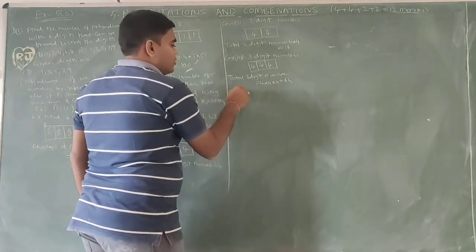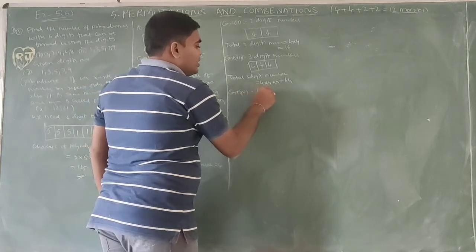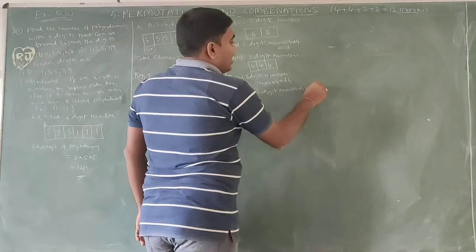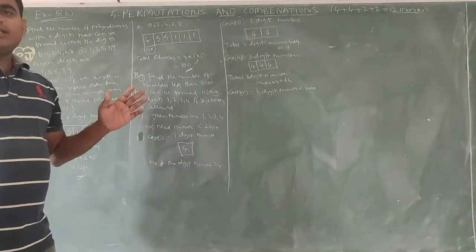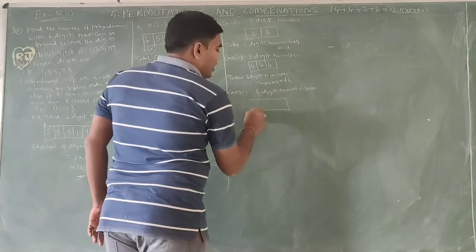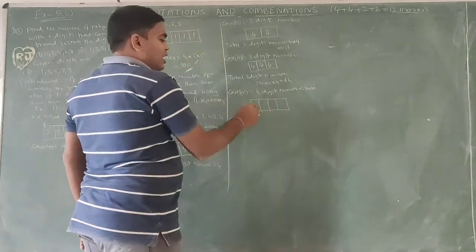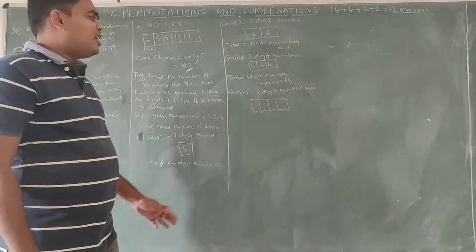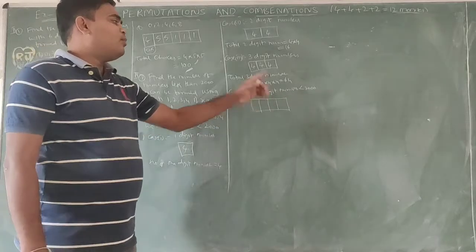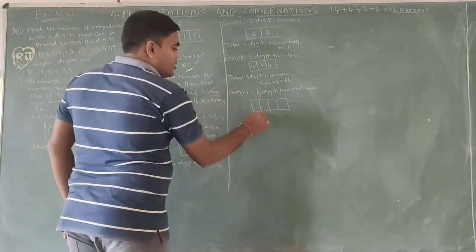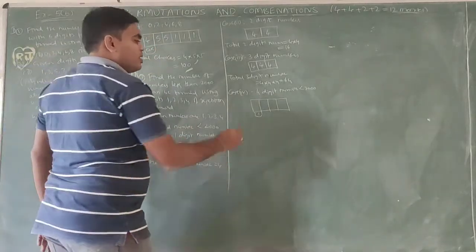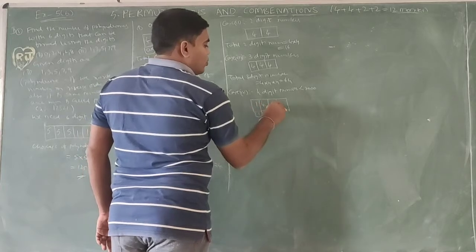Next, case 4. 4 digit numbers less than 2000. Less than 2000 means in 4 digit numbers, some of the numbers are greater than 2000, some are less than 2000. So when it is less than 2000, it is exactly 1. If it is more than 1, it is more than 2000. So here only one chance. It should contain only 1. So 1 having only one chance. So remaining 4, 4, 4.